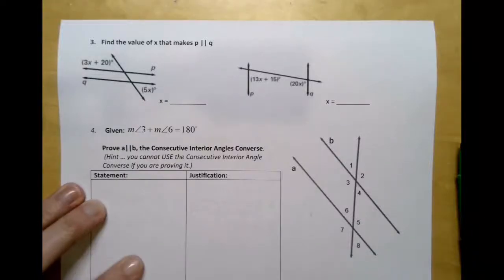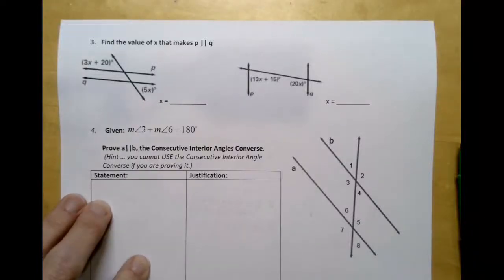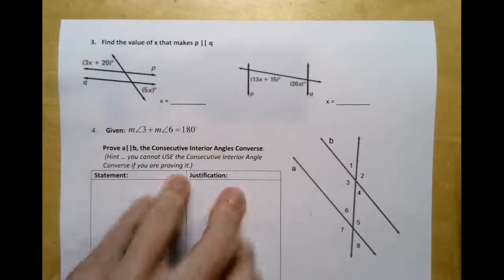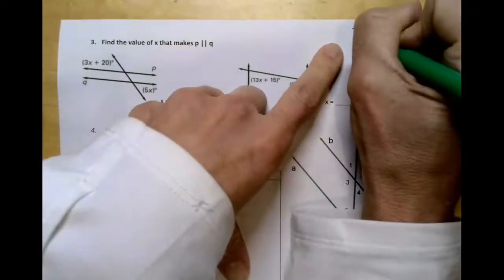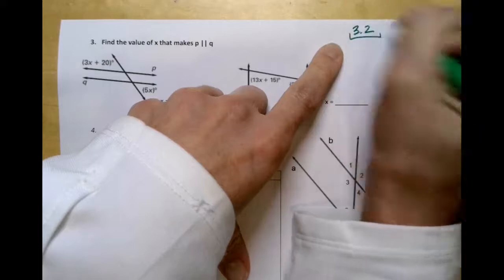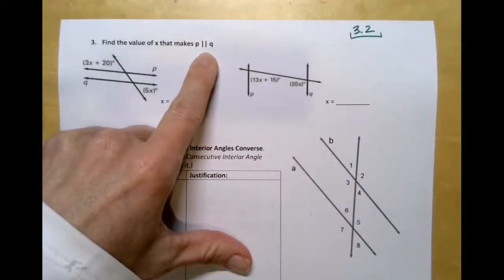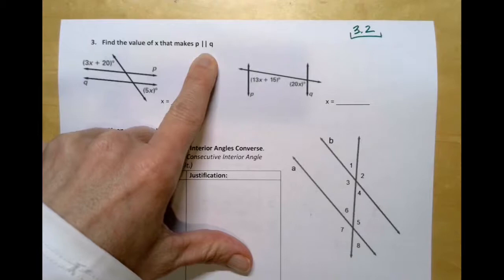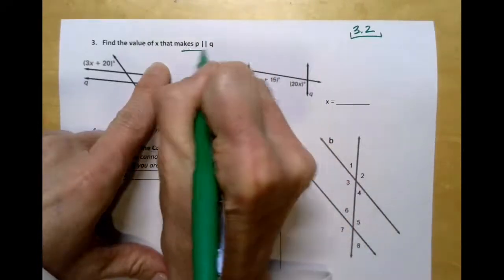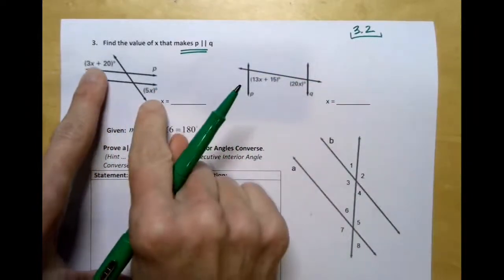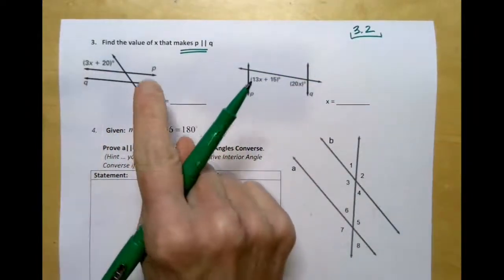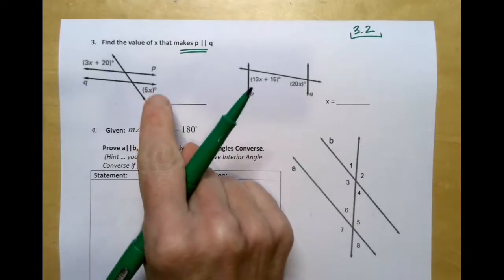All right, so I flipped the page over, and flipping the page over now puts me into conversations for section 3-2, where I'm trying to get the lines to be parallel. I'm not given anything. I have to then prove it. I'm trying to make the lines parallel. So they're asking me, if you could pick any value for x, what would you do to make those